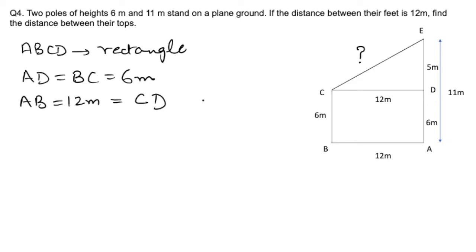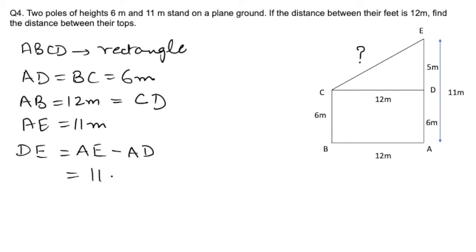Now you are given the total length of the bigger pole, that means AE is represented as 11 meters. So if you see the question clearly, अगर आपको total length 11 meters given है जिसमें से आपको AD की value 6 meters given है, that means we can find the remaining value DE which will be equal to AE minus AD, or this can also be written as 11 minus 6 which is equal to 5 meters. So now if you consider carefully, triangle CED or CDE rather is forming a right angle triangle and angle D is representing a 90-degree angle. So in this triangle, if you know the base and you know the perpendicular, you can easily find the distance, that is the length of the hypotenuse CE.